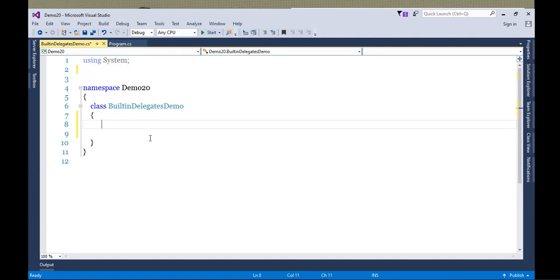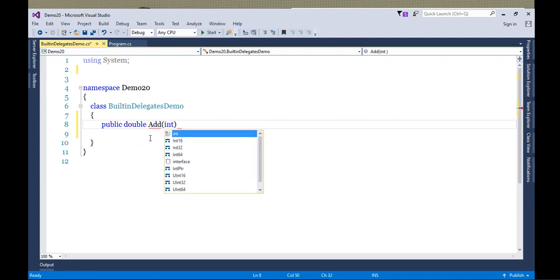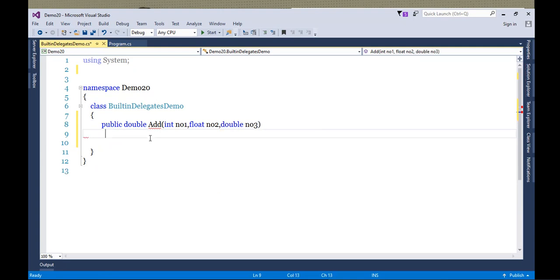Firstly, I will go for our famous add method. So let's say double Add, int number one, float number two, double number three, and as usual this will return the result.